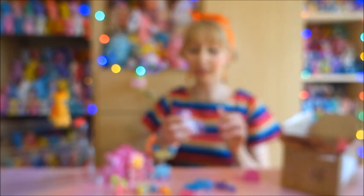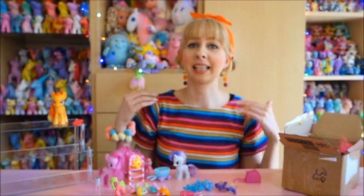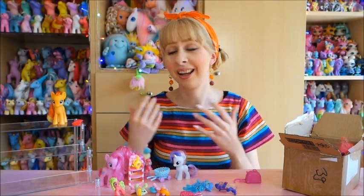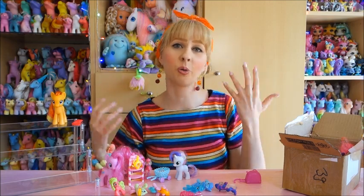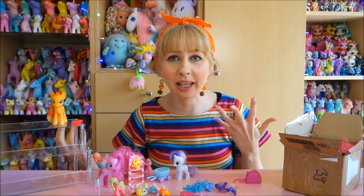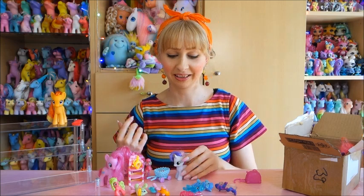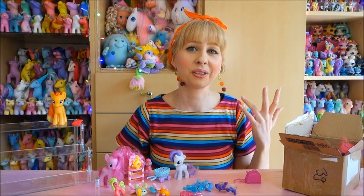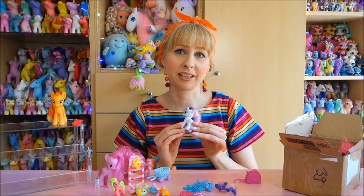If you're not really familiar with how that works with symbols in the Generation 4 pony line, Friendship is Magic, they're born without cutie marks, and that's where the word cutie mark comes from. Along the way, when they're becoming older, they discover what their strength is, what their love is, what their passion is in life, what they're really good at or what they want to do. Then they get their cutie marks. There are three characters, these small ones, who haven't gotten theirs, and this is a whole storyline of these characters, the Cutie Mark Crusaders. I love them, and at some point they get their cutie mark, but this is obviously prior to that,